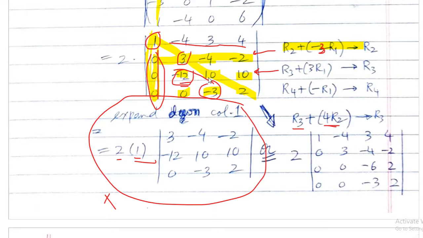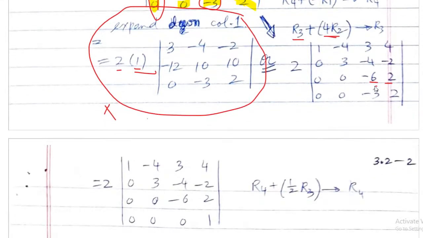Again 12 minus 10 will give you 6. Again, 16 minus 10 gives you 6. And 4 2s are minus 8 plus 10 gives you 2. So you see, minus 6 and 2. Now I have this 3,